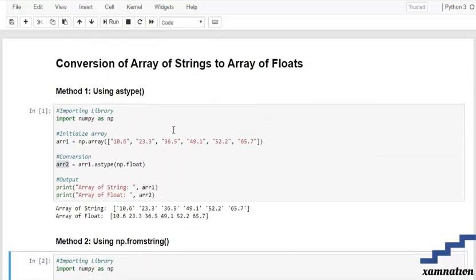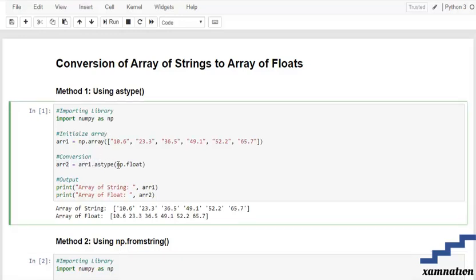So here what we are going to do is pass an argument, which is our targeted data type, and a string which we are going to convert. That means in the astype function over here we are passing the data type in which we want to convert our array, which is array1, and then we are storing that value in array2, and then